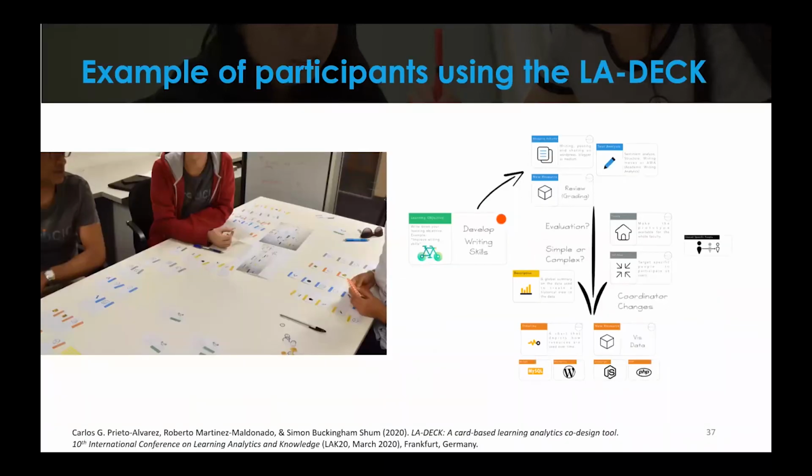An example of how people actually use this: this is one session where three stakeholders wanted to produce one of the components for the CICAround blogging platform. They started by setting out the learning objective, and they made how the visualization looks. They decided that it has to be a dashboard of visualization data, a chart that helps them see their progress, and they went through all the different categories to talk about all the aspects that we think make up a learning analytics project. These results will be published in the next conference on learning analytics.